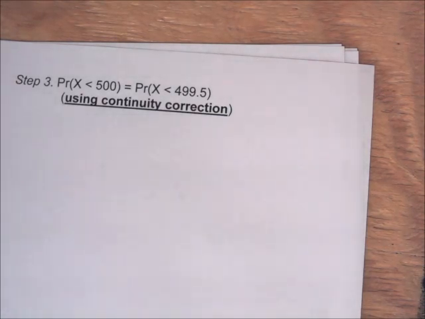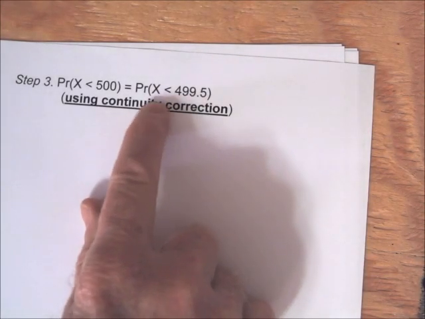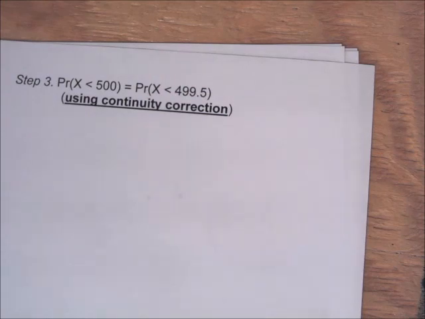if x is normal, the probability of x exactly equaling 500 would be considered to be 0, but x is not normal, it's a binomial. So we want the probability x equal 500 to have a positive probability. So we're going to consider anything between 499.5 and 500.5 to be equal to 500, and we want it to be less than 500. So we want the probability x is less than 499.5,